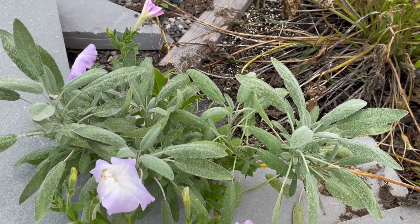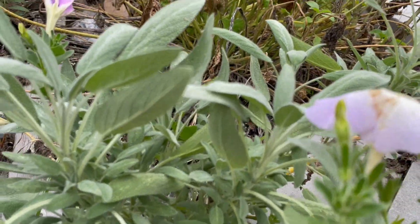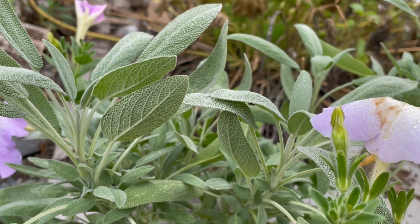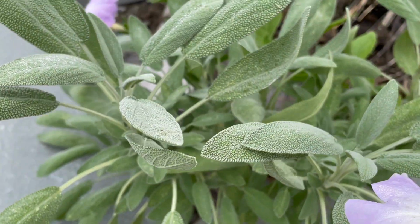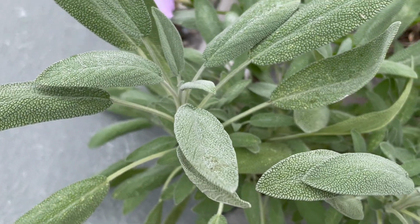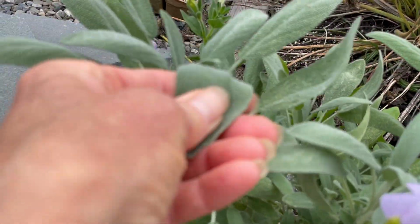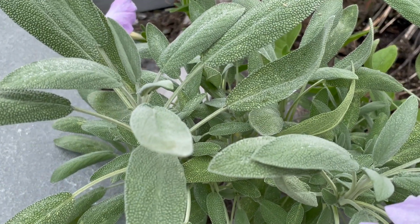Here's some sage that is sprouting, and why it's here is because I started it in a starter pot and it didn't take. So I thought, okay, I'll never see this sage. So I dumped all the random dirt from various pots that didn't come up into this area here, and don't you know, this is just from the spring. I got this big beautiful area of sage, and when I rub my hand on it, it smells like a